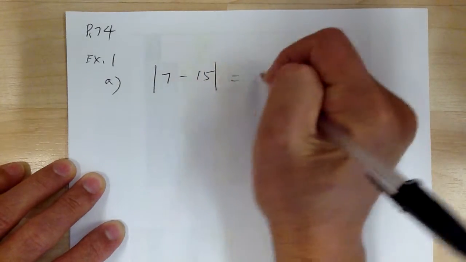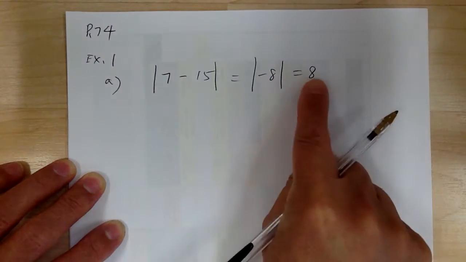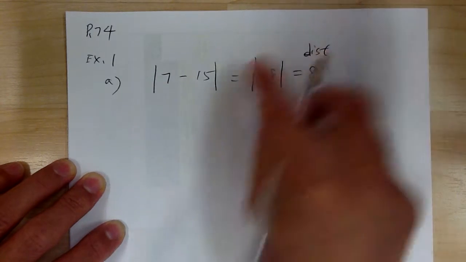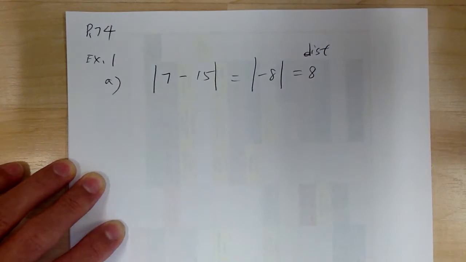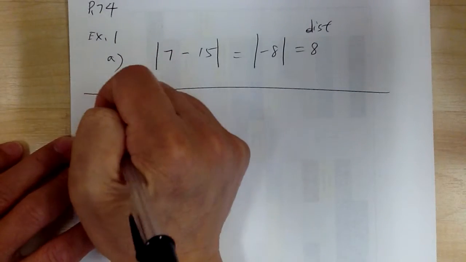And so this will equal the absolute value of negative 8, which is equal to 8. Okay? So here's your distance. The distance between these 2 points is 8. So that's what the definition of absolute value is. So keep that in mind. So now, if you go to example 2,